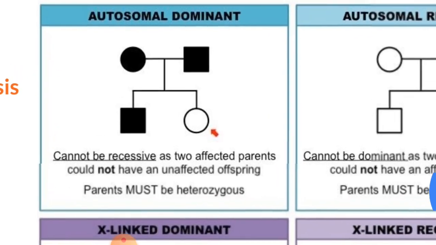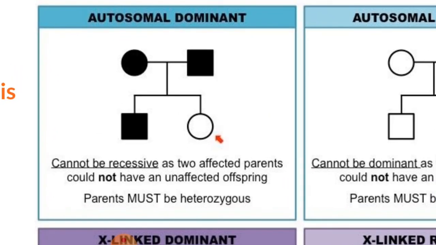Here you see the autosomal dominant. Autosomal means in the somatic cells, dominant means that it is sufficient to express in a single dose. You know, a human has two sets of chromosomes, it is diploid. So even if on one chromosome a particular trait is present, it is able to show or express itself in the next generation. So if it is autosomal, it does not matter whether it goes to the son or the daughter.